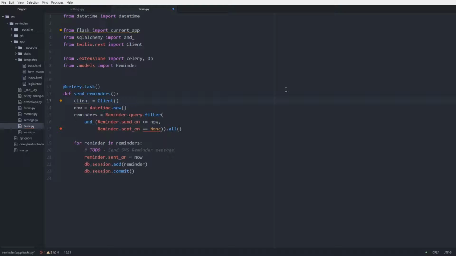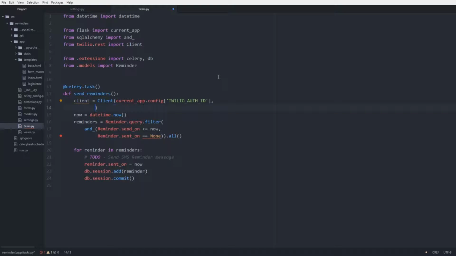parameters for its constructor. So what we're going to do is get our Twilio auth ID and our Twilio auth token settings from our application context. So to do that, we're going to use current_app that we've imported previously, and this just gives us access to the actual application object that the current instance of this is running in. So we go current_app.config, and then Twilio auth underscore ID, comma, and we're going to do one more, which is going to be the same thing,